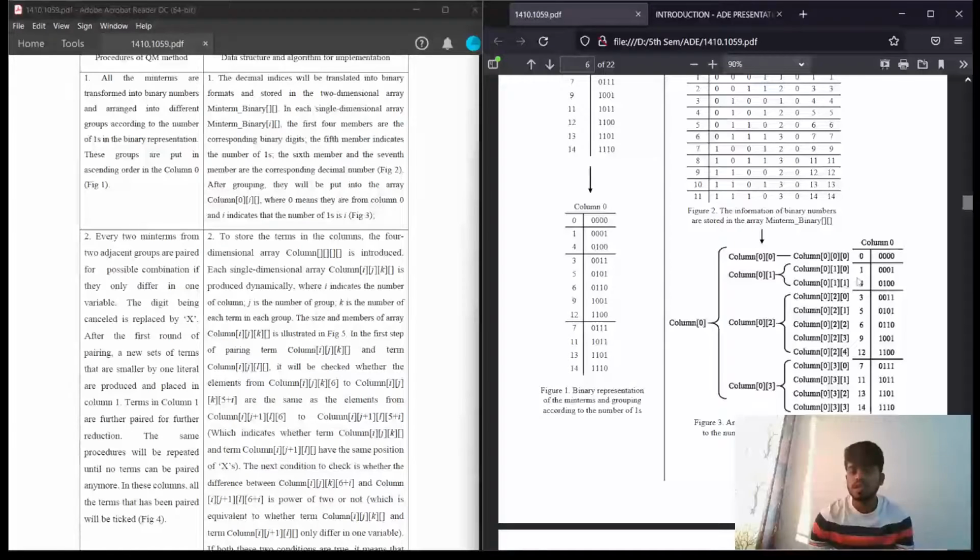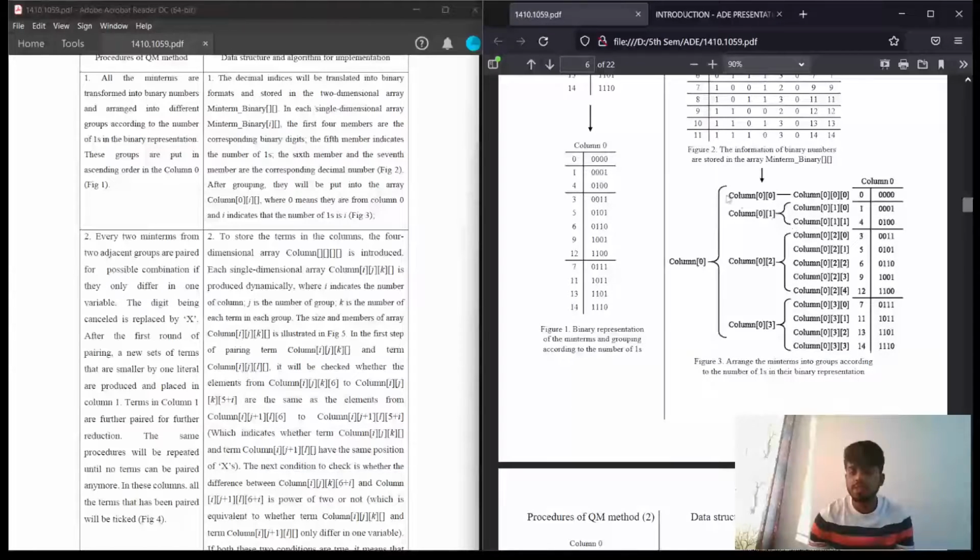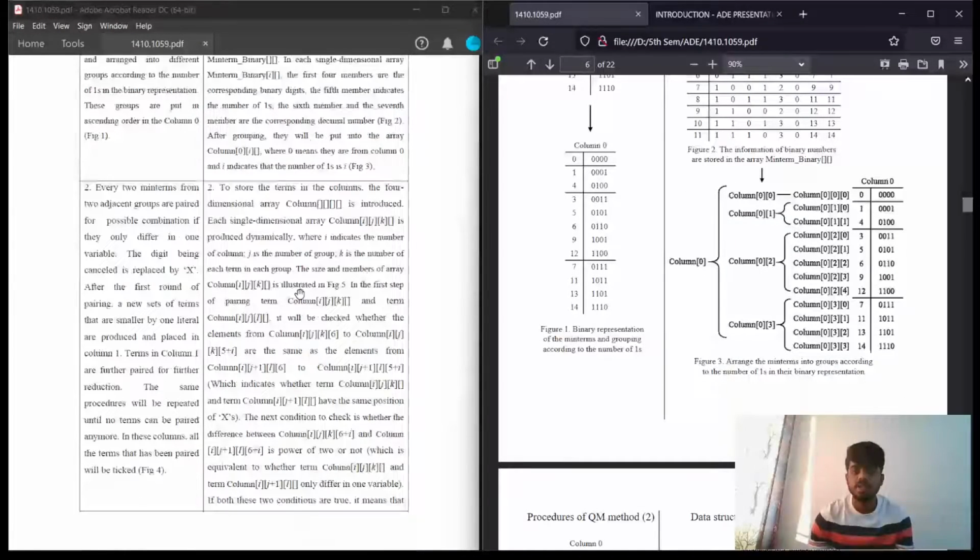but 0001. The same way for 4, the column number is 0 and the number of ones is 1, and it's the first digit of this particular group. The same way come over here, the column number is 0, the number of ones of this particular group is 2, and this is nothing but the third binary number in this particular group of 5 numbers. So this is how we represent in ascending order for the first part of this data structure and application.